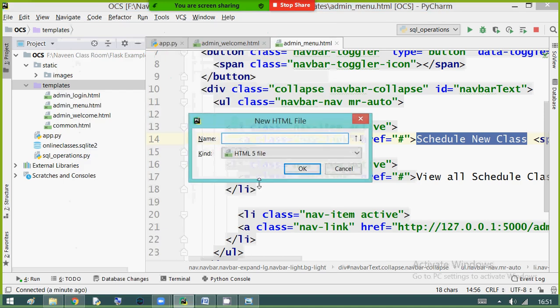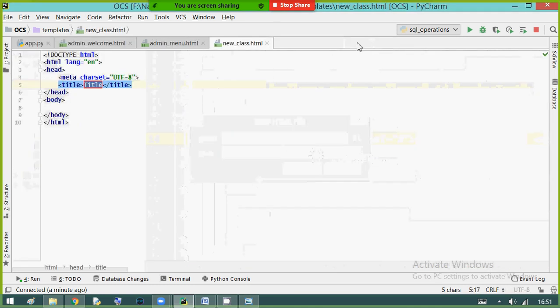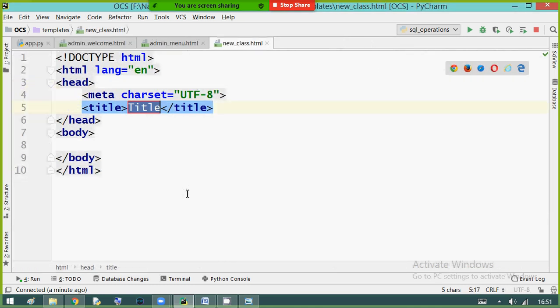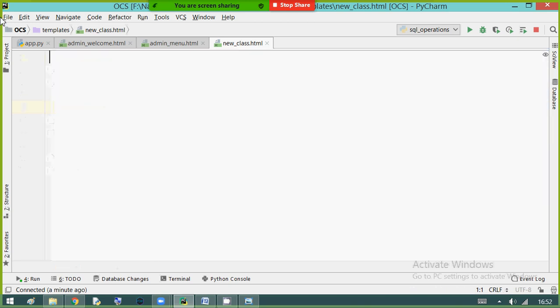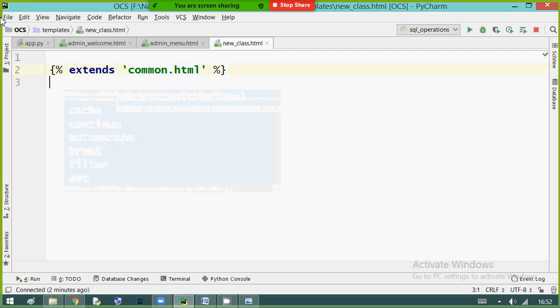Naming it as new class. That is new class dot HTML. So as usual, we don't write all this stuff. Simply we'll start by inheriting: extends common, we are inheriting, and using a block tag.